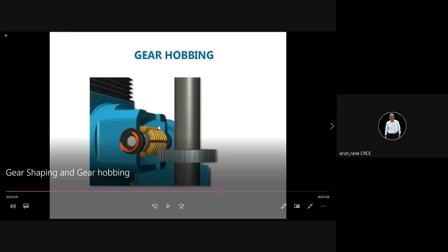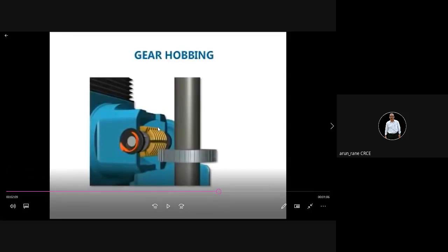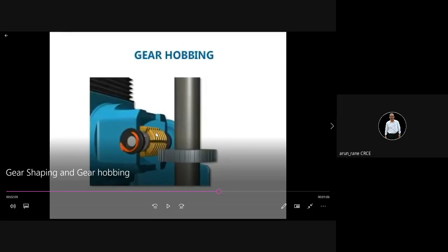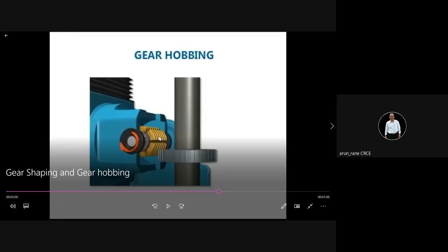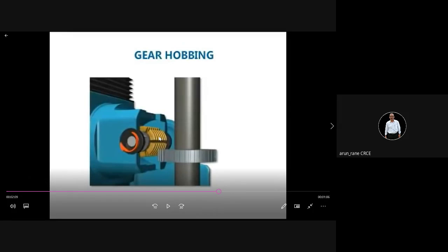So you have a hob which is cut out of high speed steel, and then that hob is sent for coating. Coating plants are different. Balsara is popular, located in Pune. They are famous for coating. This coating of titanium carbide or titanium nitride is done by the process of PVD or CVD, that is physical vapor deposition or chemical vapor deposition.